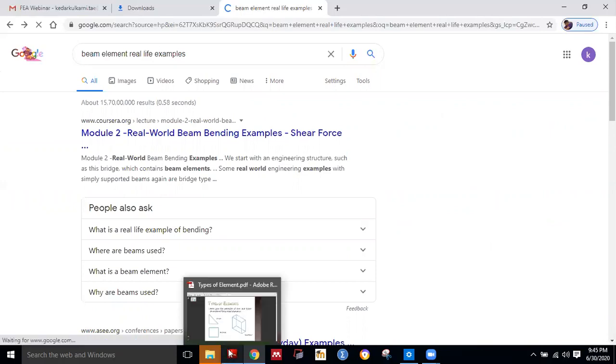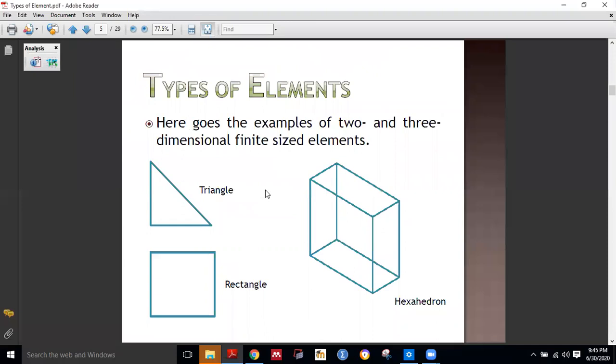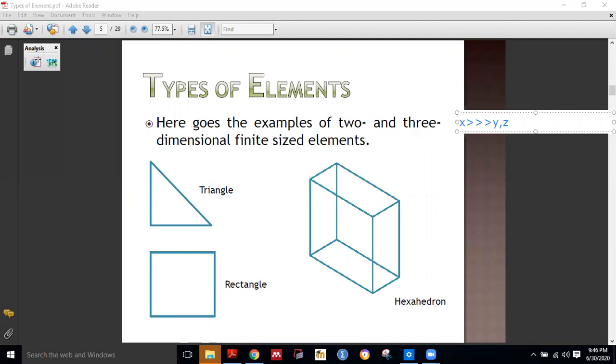So if any model is there which is 1D, 2D, or 3D, how do we need to categorize it? I will tell that with the help of this text. If one direction is very much greater than the other two directions, then it is called one dimension. Then the second one: if two dimensions of a figure, x and y, let me say, are very much greater than the third dimension, then that is called 2D.